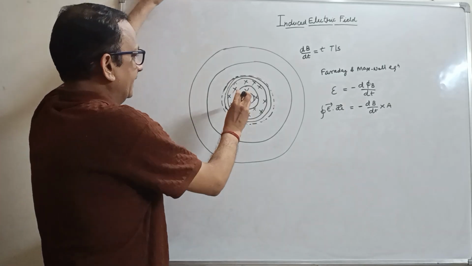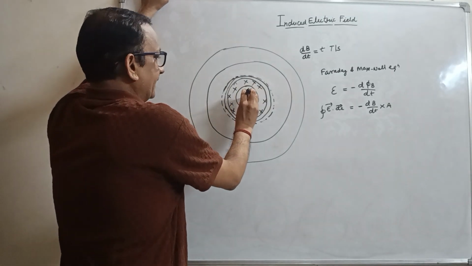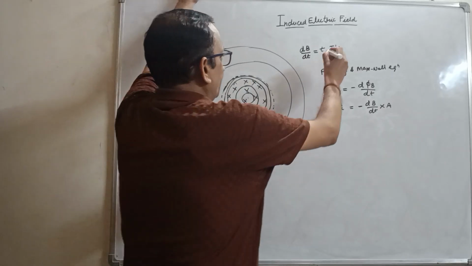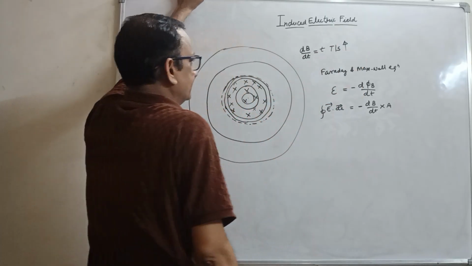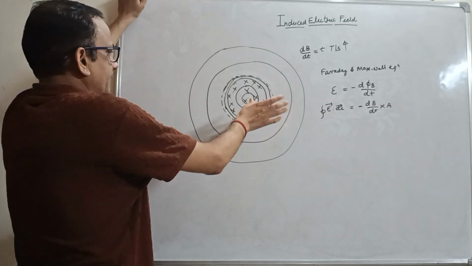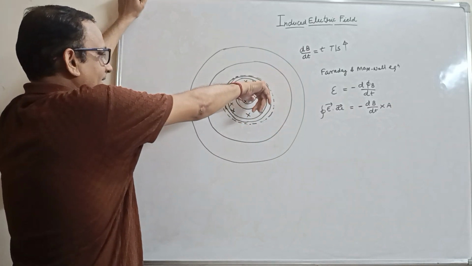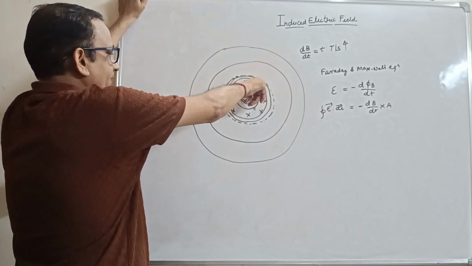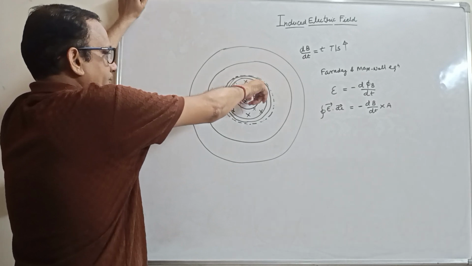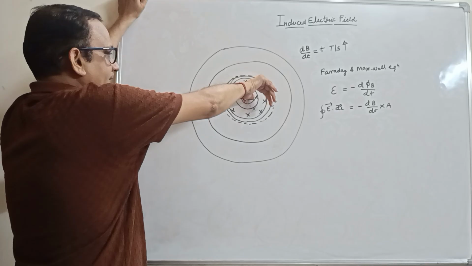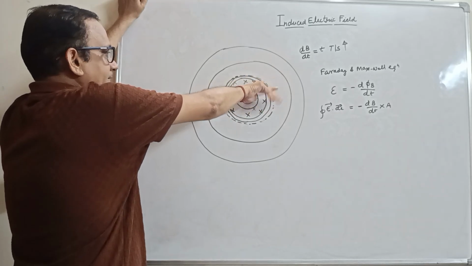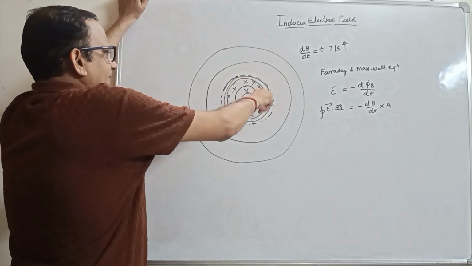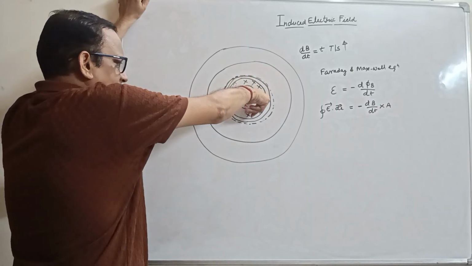So we know here the magnetic field is acting into the plane of the board, and suppose this magnetic field is increasing. So we point out this pointing vector. This shows the direction of magnetic field. So the thumb points in the direction of magnetic field, and our curled fingers show the direction of imaginary current. We consider a loop here, so we consider an imaginary current in such direction.